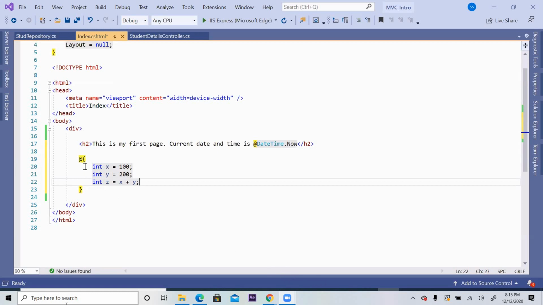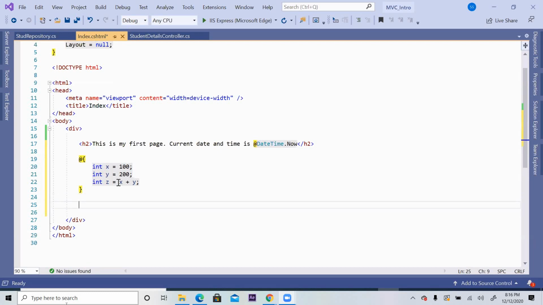And this razor block doesn't follow the variable scope concept. In C#, usually if you write integer x inside an if condition, then it has scope only inside that. But this time, this is not a scope curly bracket, like if curly bracket, for curly bracket, while curly bracket, function curly bracket, class curly bracket. It is not like that. It is just a group of something. That's why the curly bracket. So scope is not limited to inside this curly bracket block. That means you can use this x inside, and you can use this x outside also, somewhere here also.